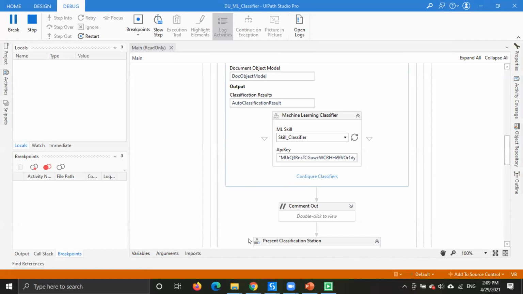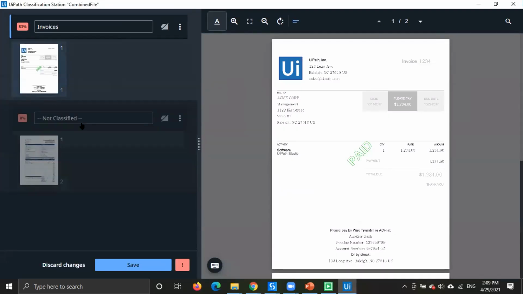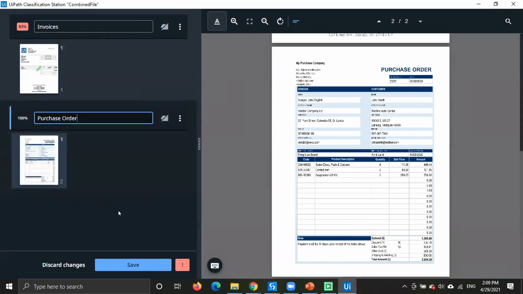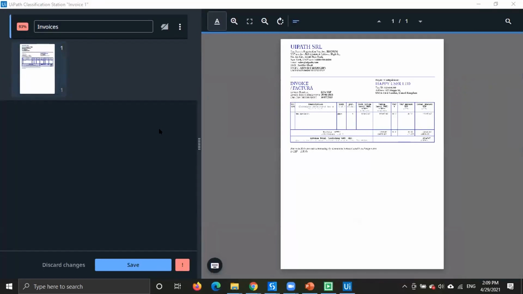To improve the accuracy, you need to train it for more documents. I only trained it for 2 here, and this one didn't get picked properly. Training it with a larger set will help you to get more accurate data, just like what you see over here. So that's how you can use the machine learning classifier